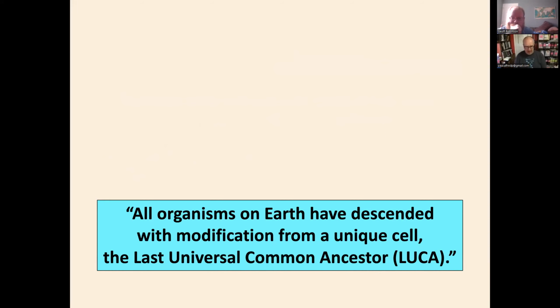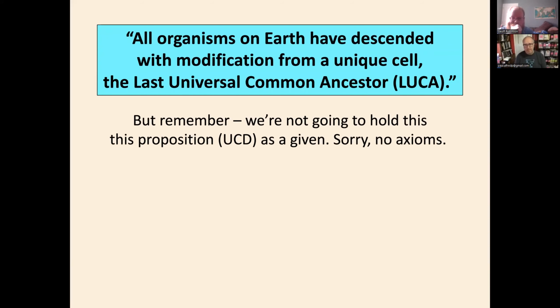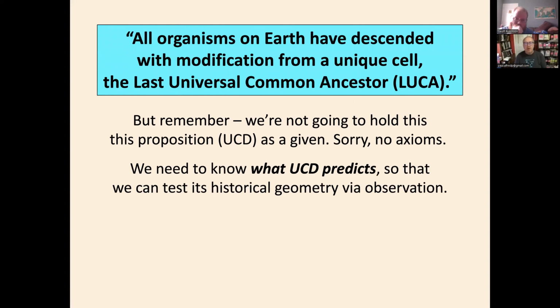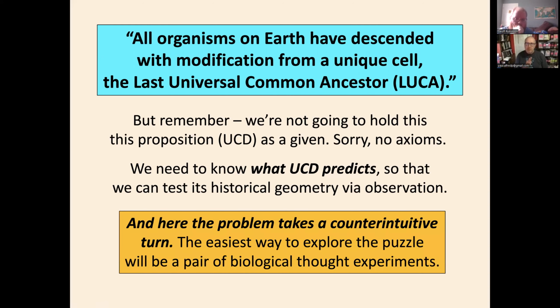It also, unfortunately, is impossible to test, because it doesn't tell you anything that you can go out and check, right? There's no observational or empirical content beyond the most general claim that there was an organism called LUCA that existed in the past, and every living thing has descended from that entity. So we're right on the edge of an axiom, and we're not going to hold the theory as an axiom. We want to pull the theory away from this abstract generality towards testable content, if we're interested in testing it, okay? Now, that's our next question.